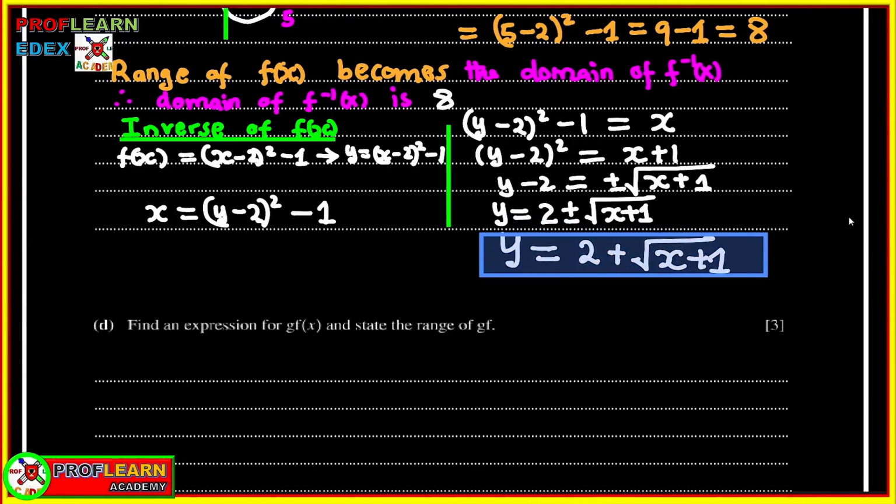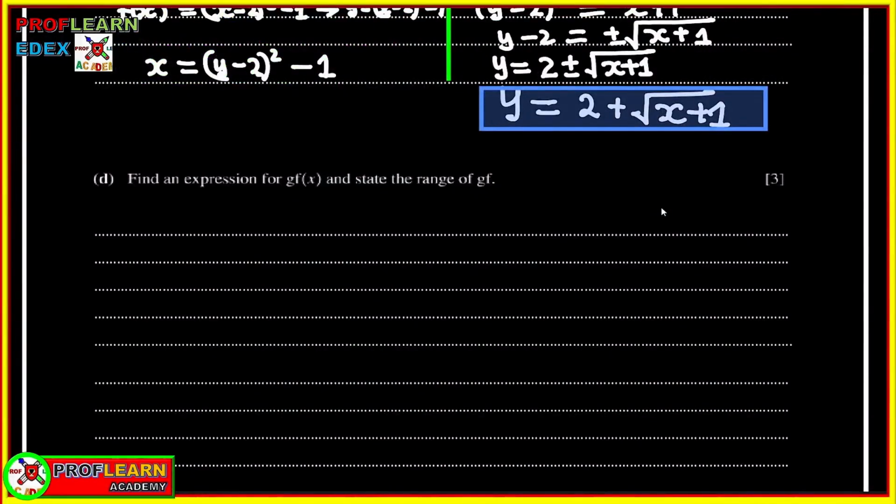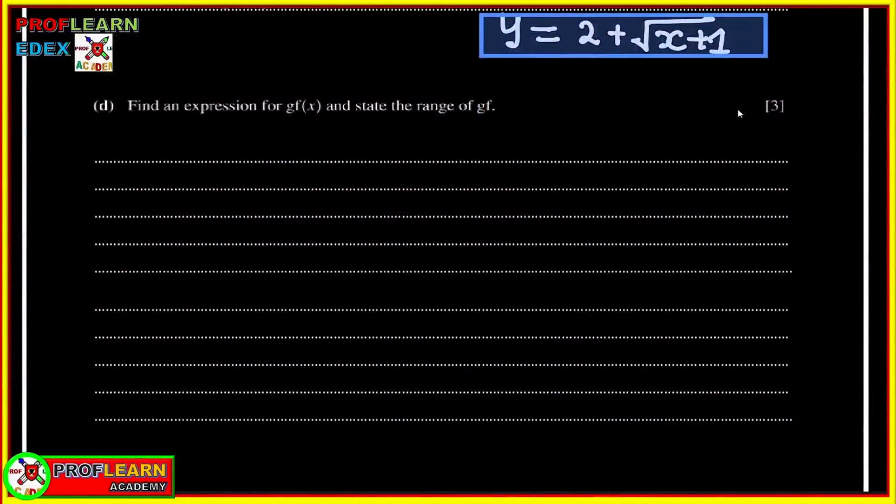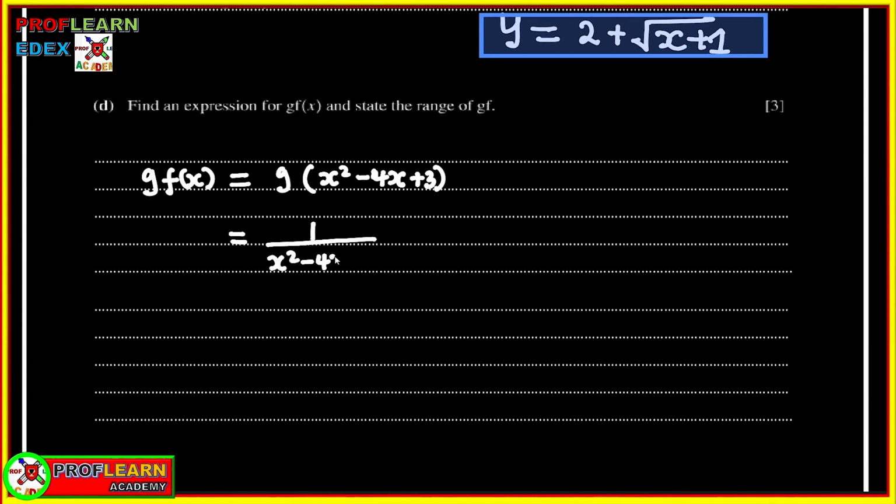Find an expression for g f of x and state the range. So anywhere we have x in the function g, we are going to substitute x squared minus 4x plus 3, which is going to be